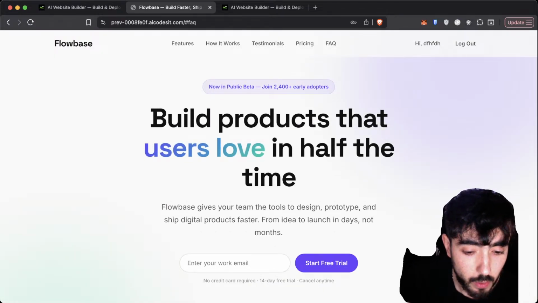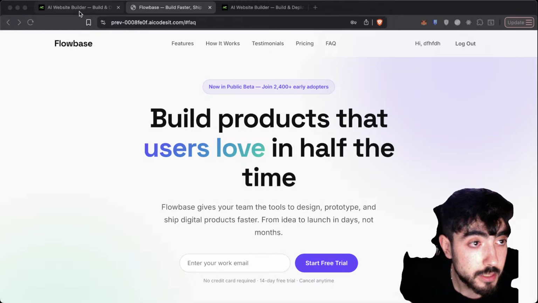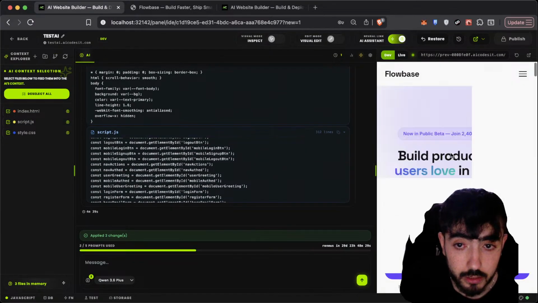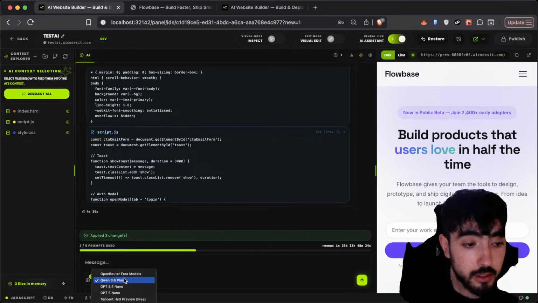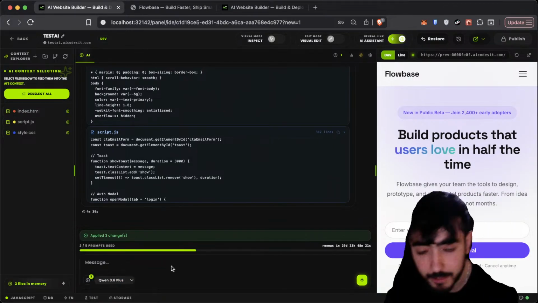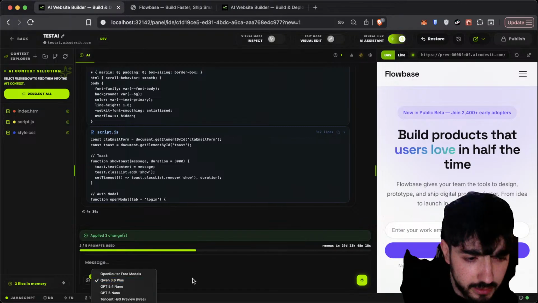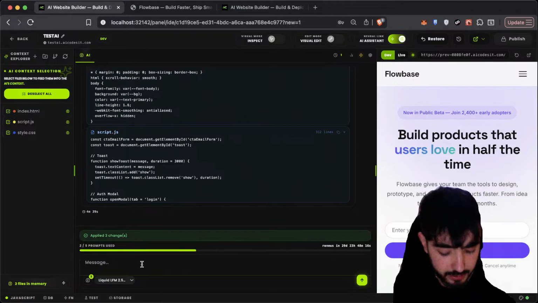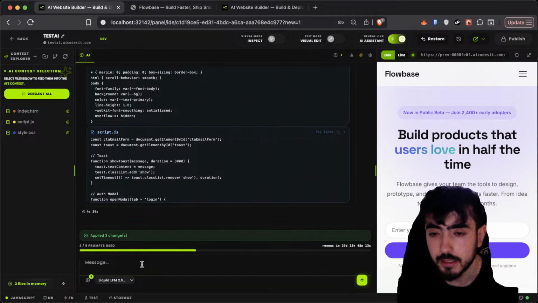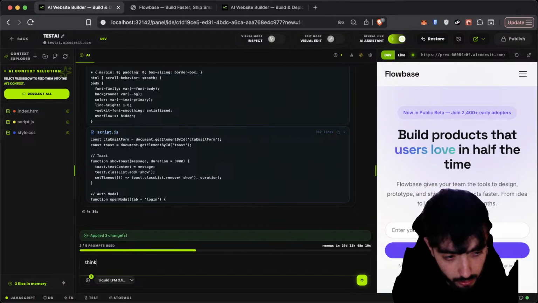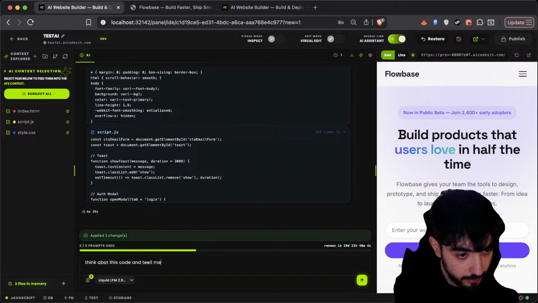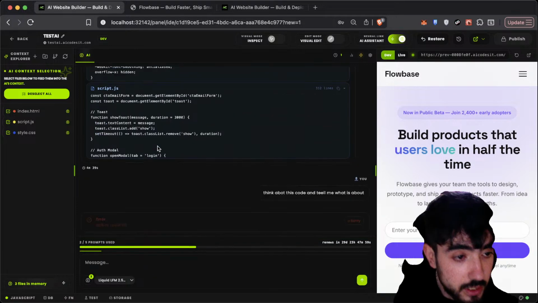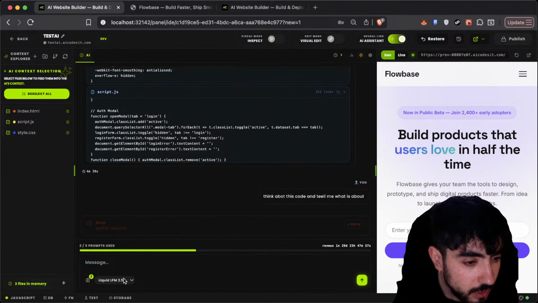Okay, let's check one thing. Of course the cost is more elevated to chat with this AI, but what we can do now is reduce the costs. We can go back to a dumber model, like a cheaper model, but let me check first the Liquid model. We are going to tell it, think about this code and tell me what it is about. So what I want to see now, API key required, what?